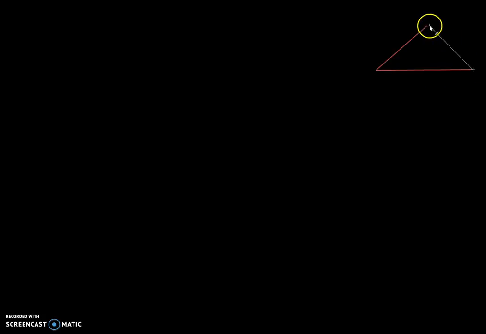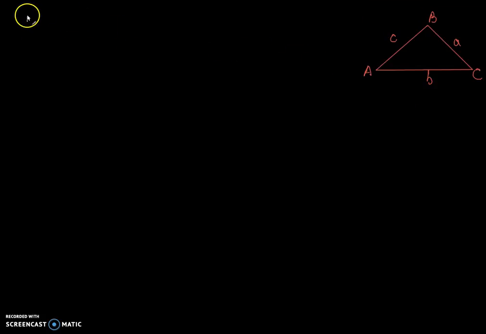Let's say you have a triangle like this, and this was A, B, C, and then side A, side B, and side C. Basically the law of cosines says that